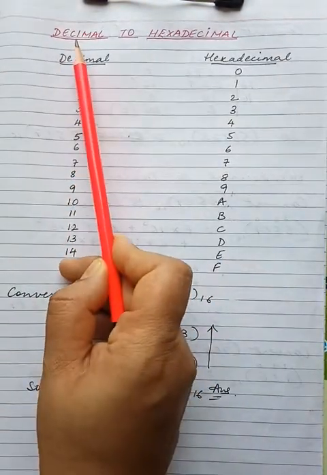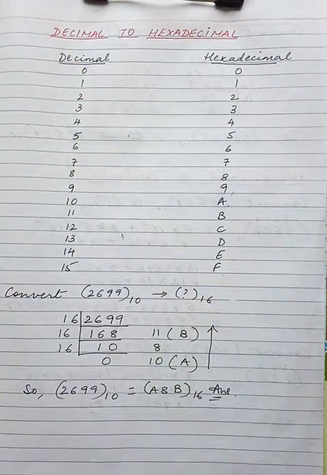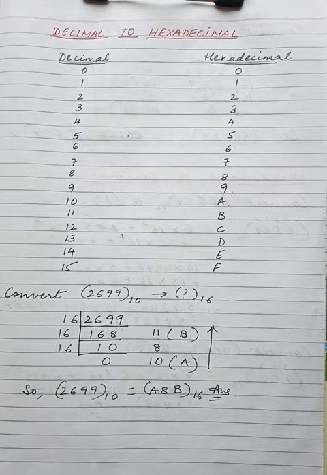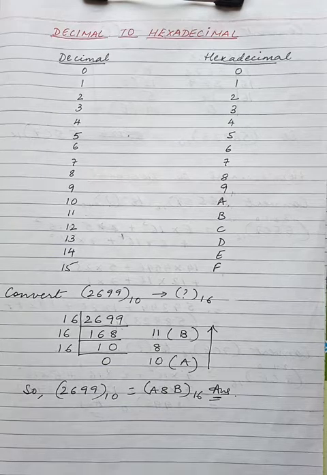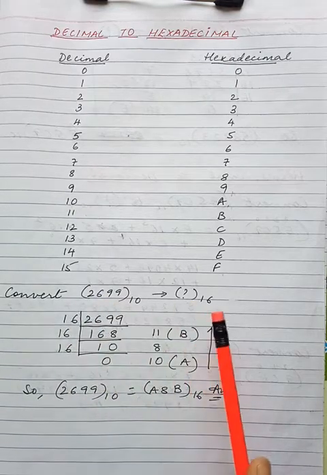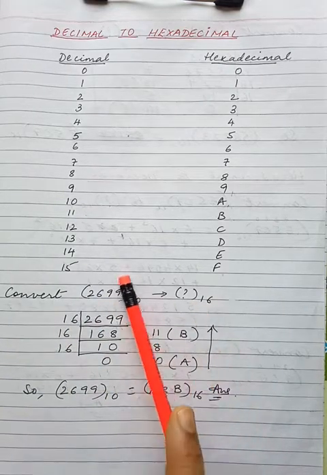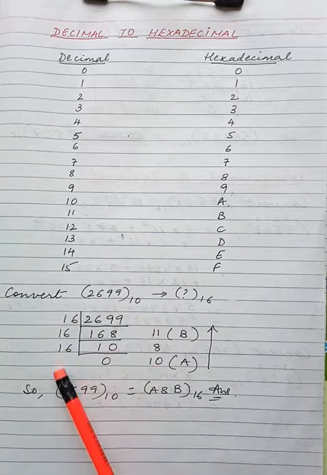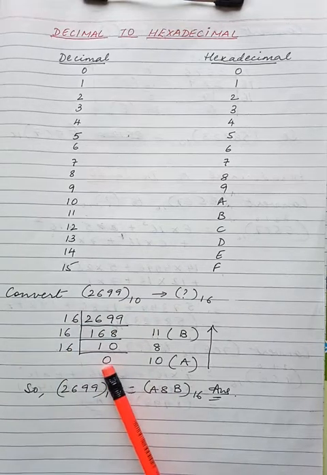Now if we have to convert a decimal number into any other base, then we have to divide that decimal number by that base. For example, earlier when we converted decimal to binary, we divided the decimal number by base 2. When we converted decimal number to octal, we divided it by 8. Now here we are converting this decimal number to base 16. So we will be dividing this decimal number by 16 till we get 0 as the quotient.